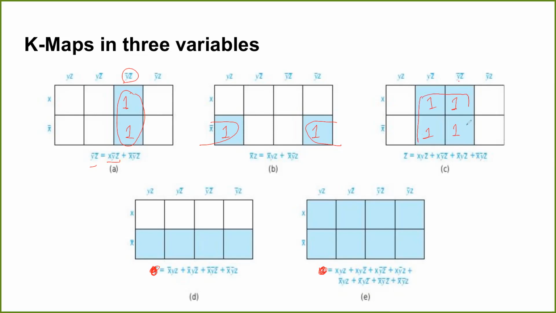So if you combine all of them, as I said, always combine in the largest group. You should not start by doing two groups like this. Always start with the largest group. If you are capable of grouping in 6, do it in 6. If not in 6, then do it in 4, and so on. Always start with the larger group. So I'll start with the larger group. I'll combine all of them, and what is left is the common variable z bar. So you can see how we have minimized these 4 terms to a single variable.